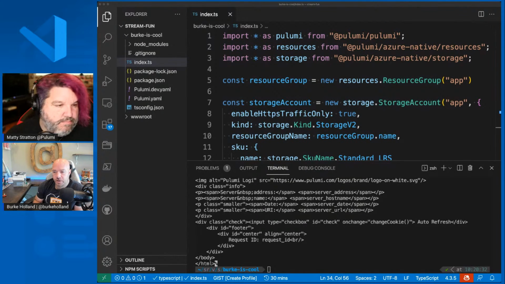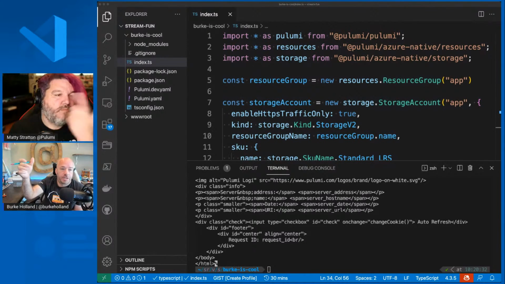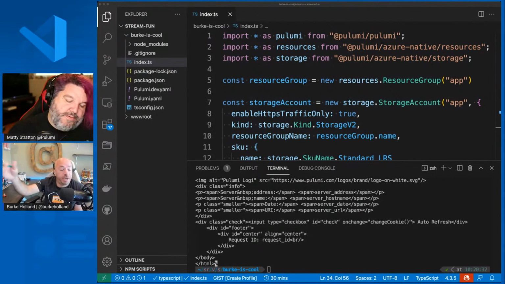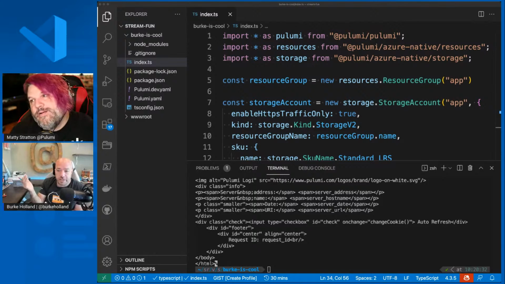Gotcha. Okay. Now here's an interesting question from Theorem Geek. What's the best way to have a lift and shift across cloud vendors? Right. We see this a lot where they want to be able to shift from AWS to Azure, from Azure to AWS to GCP, or maybe they want to be across all three clouds, right? Because they want the maximum redundancy. And the question is just simply, is Terraform better for this?